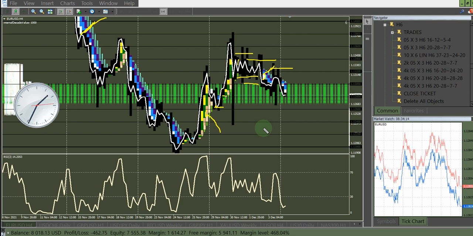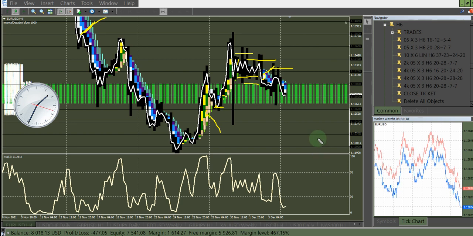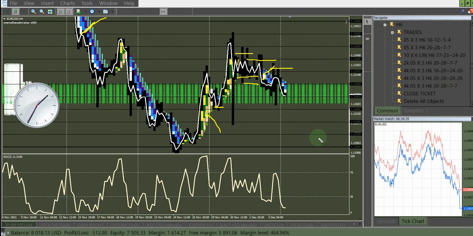I guess on the 1 hour it does make sense. On the half hour it makes sense because now you have a 5 period on the 1 hour. But on this you'd have to have like a 1 period moving average on the 4 hour. A 2 period, super tight, because it's like, oh my god, what a mess.